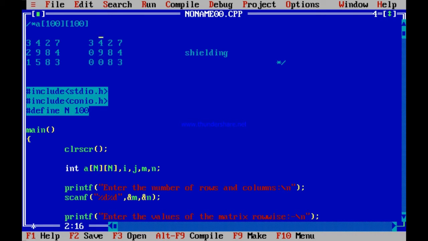How to do that? See, this 3 is A00. This 9 is A11. This 8 is A22. So check out what this is: A10. This is A20. This is A21. So up to A11, all elements before it are converted to 0. Up to A22, all elements are converted to 0. Apart from A22, all elements are 0.